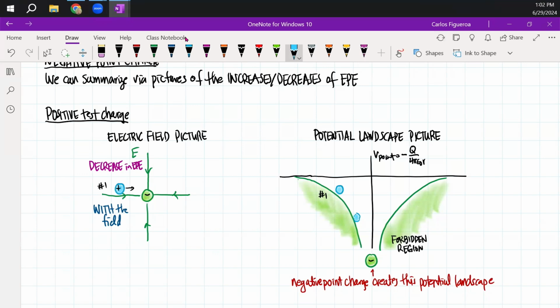So it's going downhill. If it's going downhill, we can see here that that is literally a decrease, because it's going from a high to a low electrical potential energy. So in this situation, we then say that because it moves